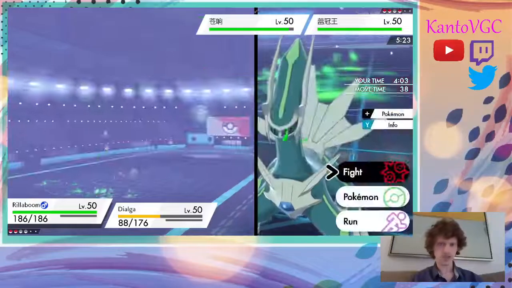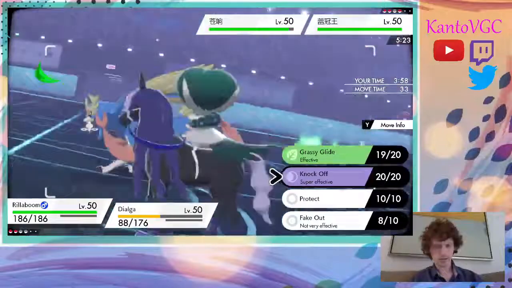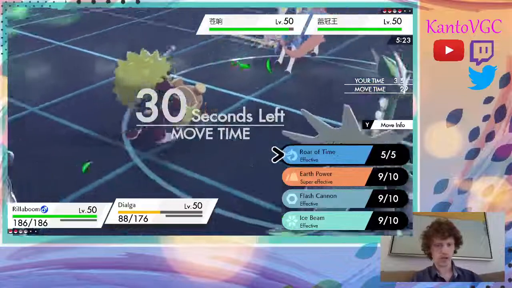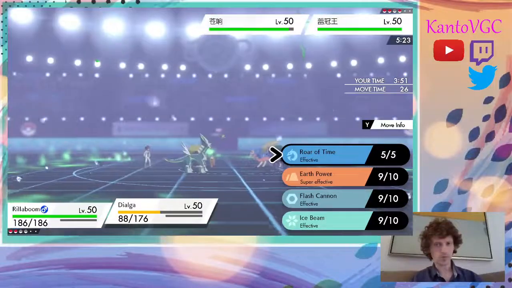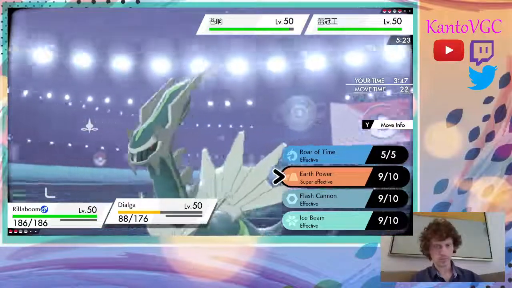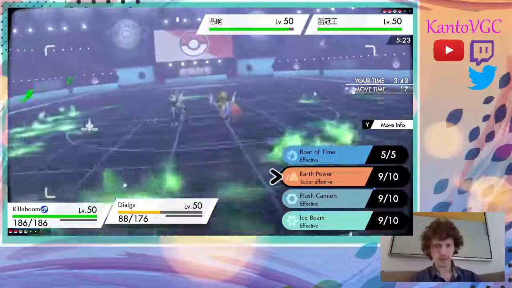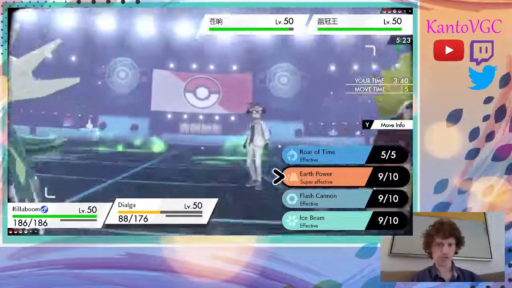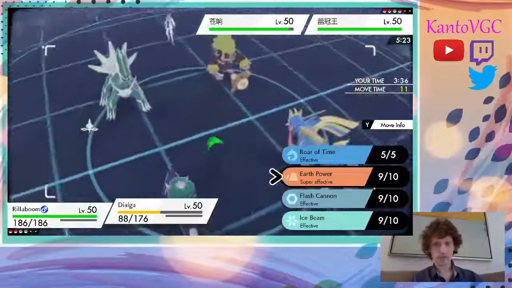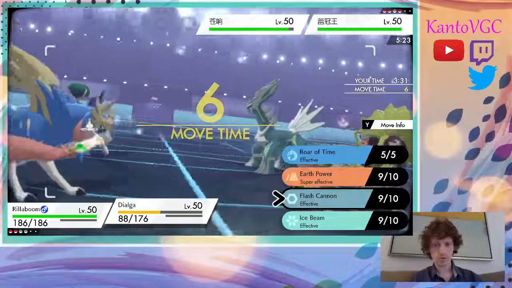Okay, so the way that I see this is there's really, there's no way you don't switch out right now. You know what I mean? You pretty much have to switch out Zacian, right? And so technically my best play... It's really hard to say what my best play is, honestly, because my best play could be to just force them...